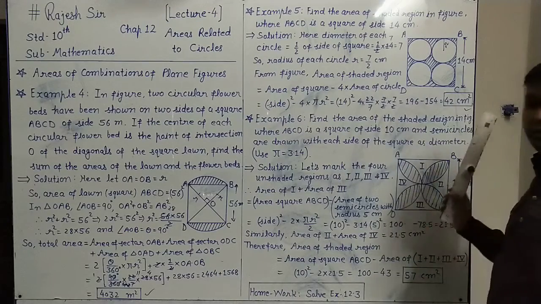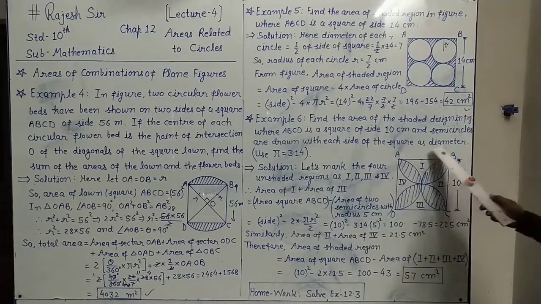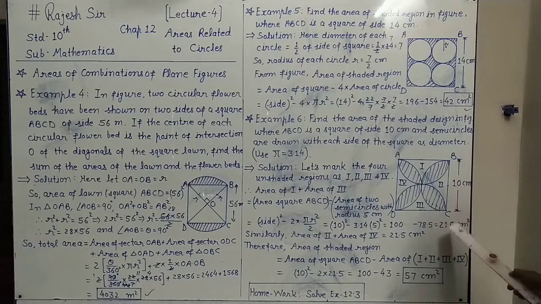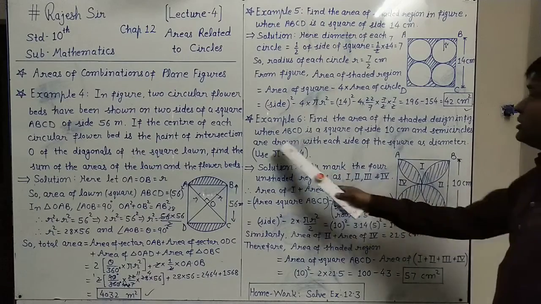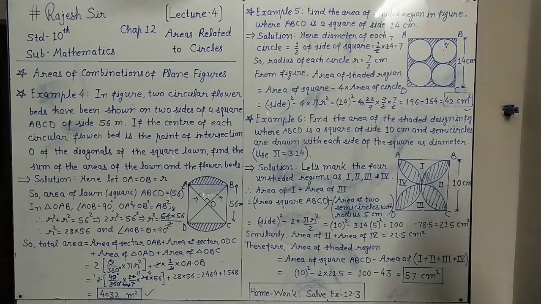In this also we want to find out the area of the shaded region in the figure, where ABCD is a square of side 10 centimeter, and semicircles are drawn with each side of the square as diameter. Here,